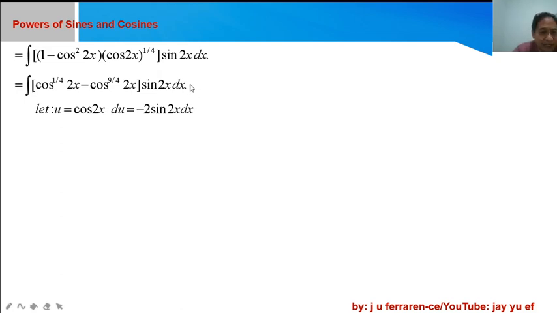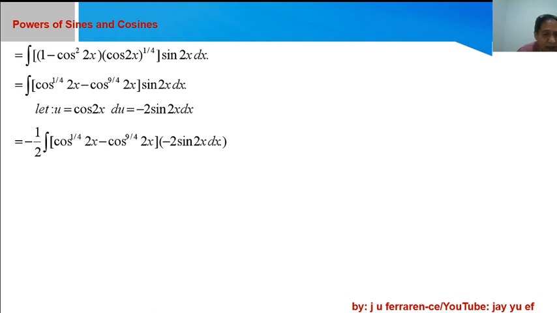I can insert a negative 2, but I have to put a neutralizing factor before the integral sign, a negative 1/2. So this is now the resulting expression after inserting a negative 2 and neutralizing with a negative 1/2. This is now taking a form of u to the power 1/4 du, u to the power 9/4 du. So I can now apply the power rule of integration, just increase 1/4 by 1, or 4/4,